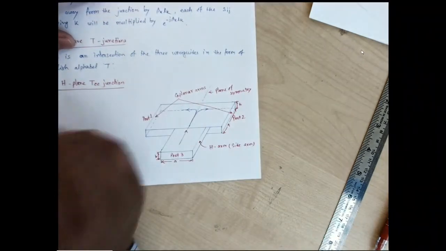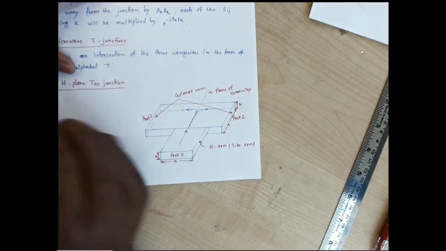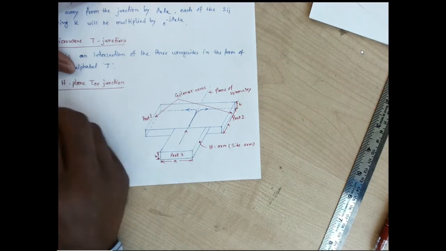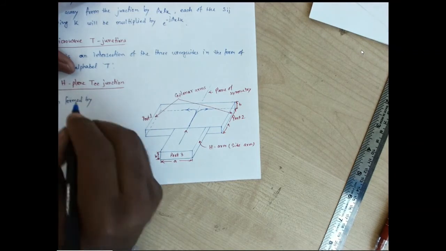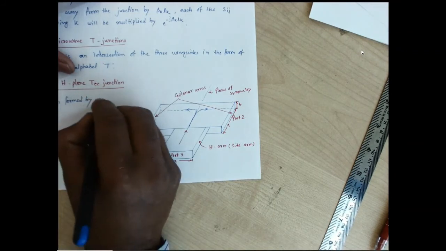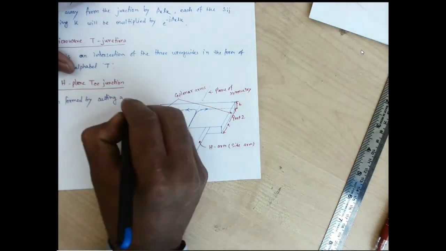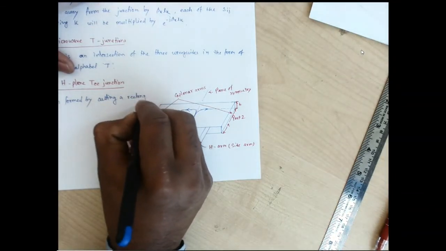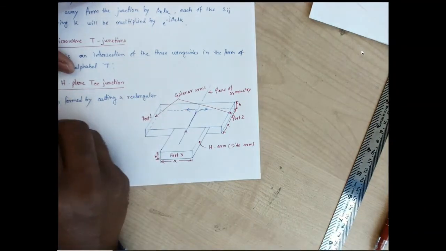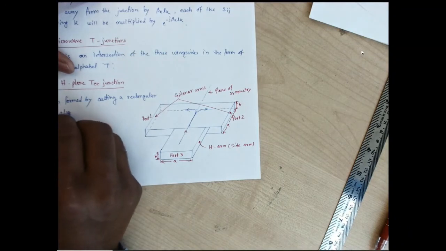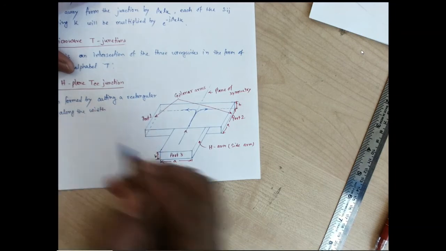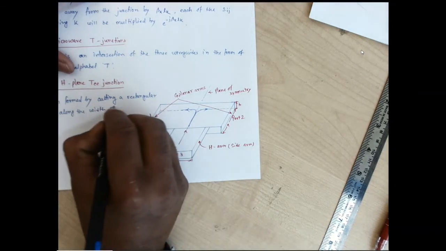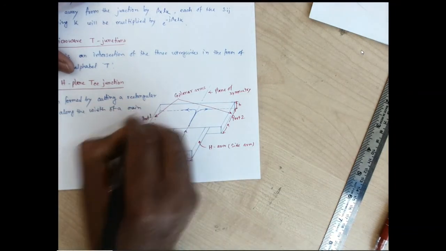So this H plane T is formed by cutting a rectangular slot along the width of a main waveguide,